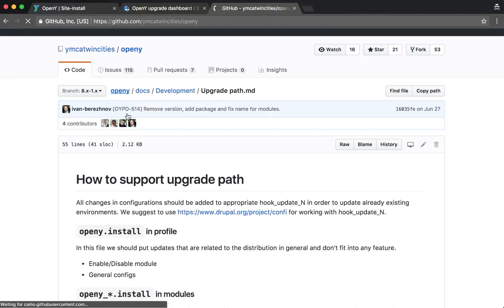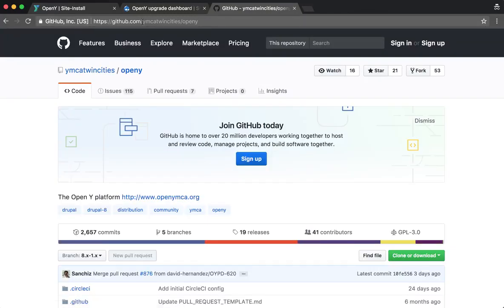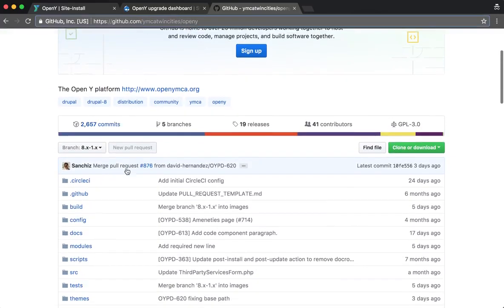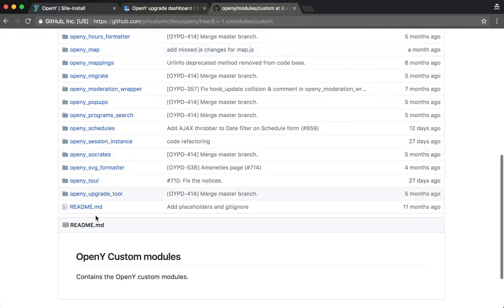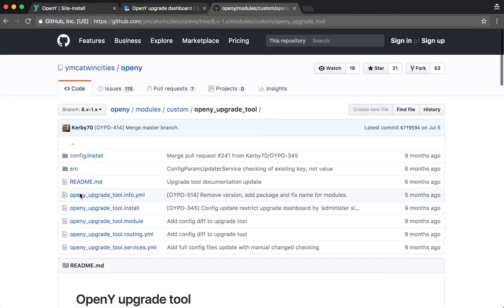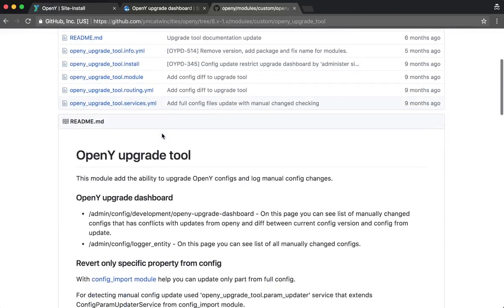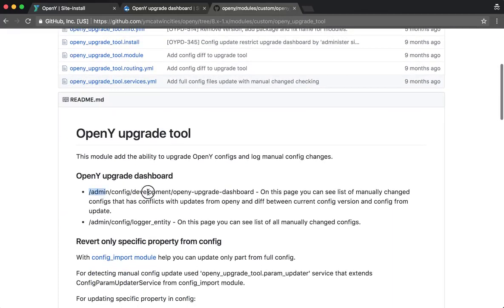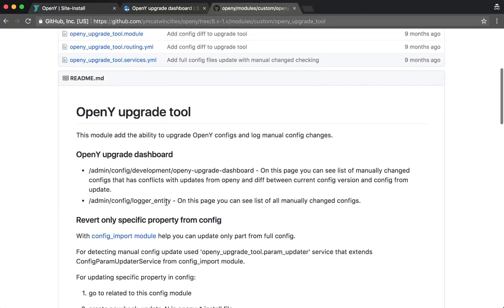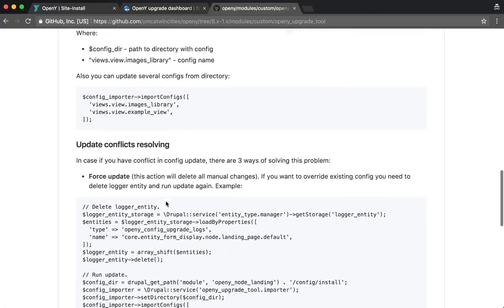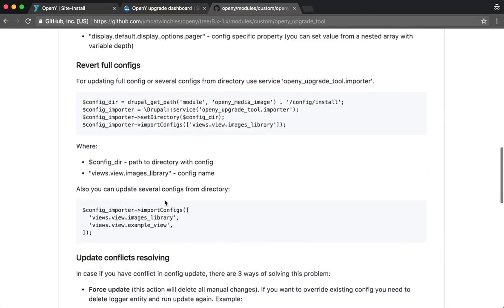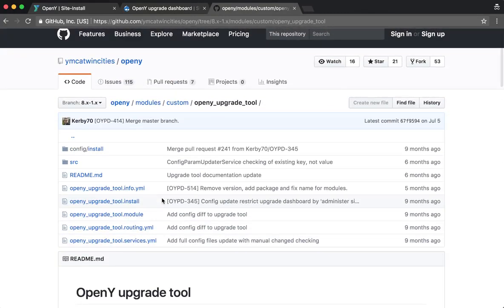Also, in case you would like to take a look at the module, navigate to github.com/ymca/twin cities/OpenY, then open the modules folder, then custom, and then OpenY upgrade tool. In this module, you will also have documentation, links to different pages like the OpenY upgrade dashboard or some messages, and also documentation on how you can work with the upgrade path itself. So please refer to these two documents in case you're interested in more development details,